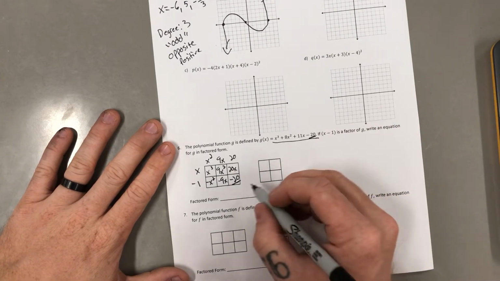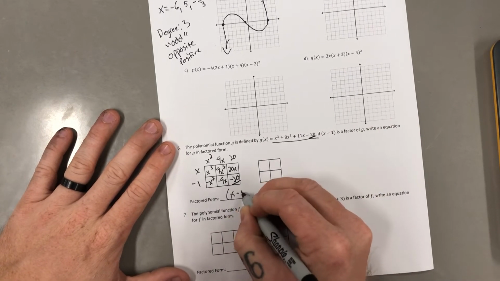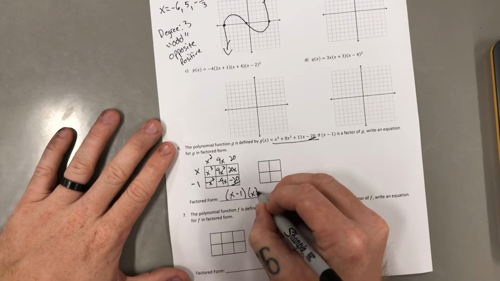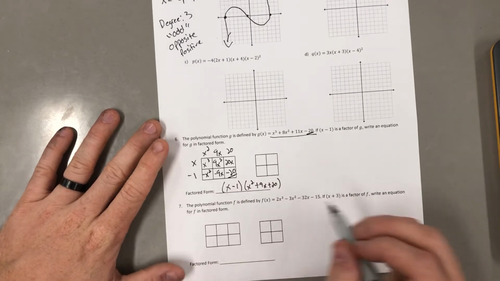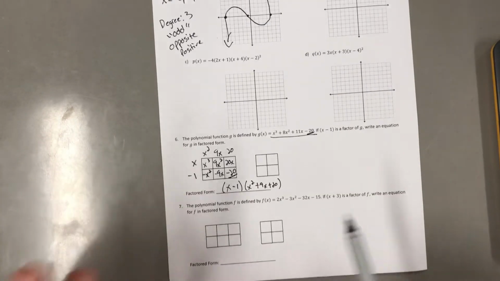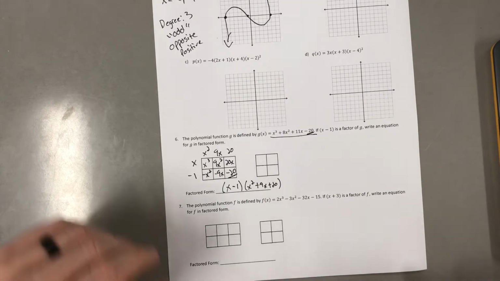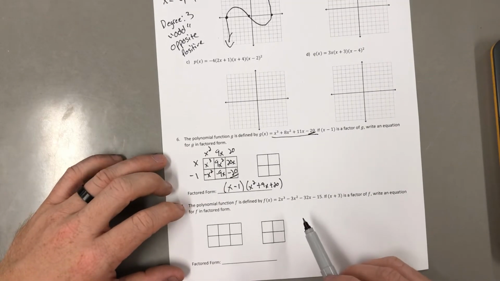So what I'm going to do right now is we're just going to stop with that. X minus 1 and x squared plus 9x plus 20, because we haven't talked about factoring this yet, but we will. So this right here for now will be your answer. All right, and so that would be the same thing for number 7